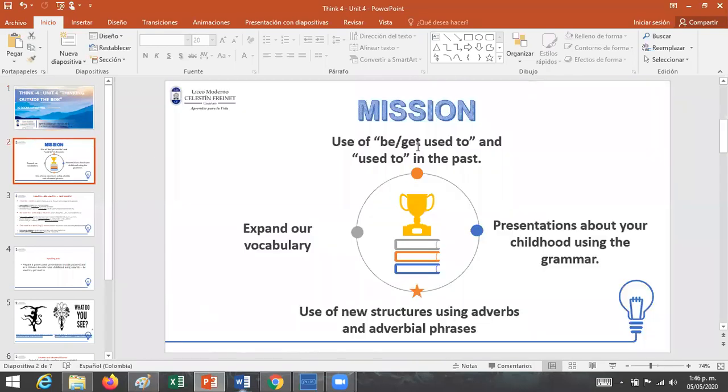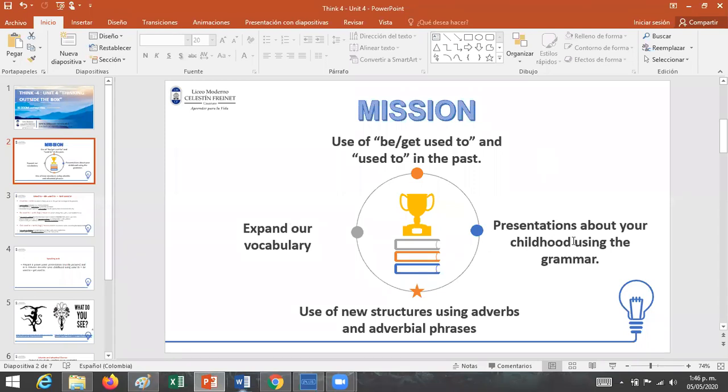The mission. What is the mission in this unit? We need to be able to use these expressions, be used to, get used to, and used to, to talk about the past. Later, we're going to check them more deeply. We're going to expand our vocabulary. I suggest you study the words in the vocabulary list that we checked yesterday, again, so you don't